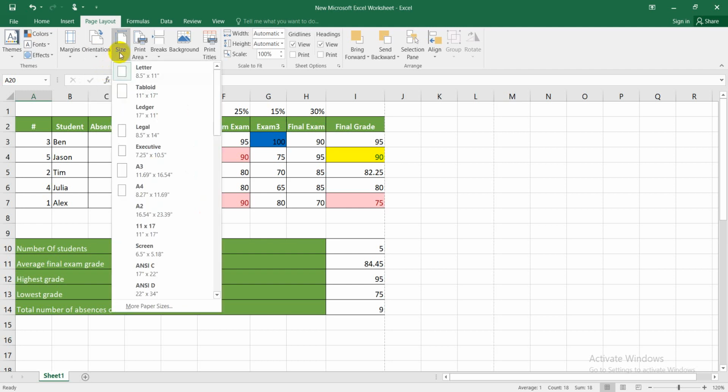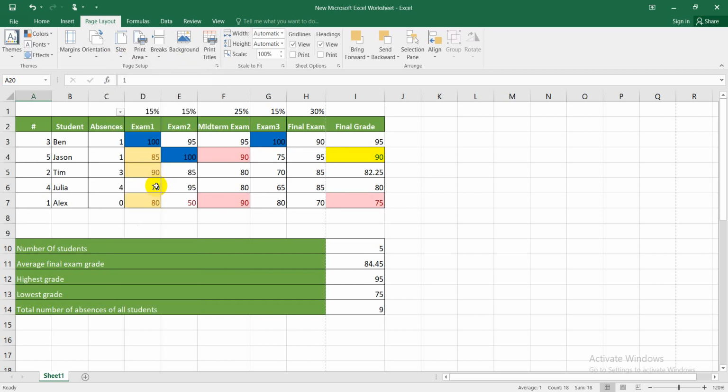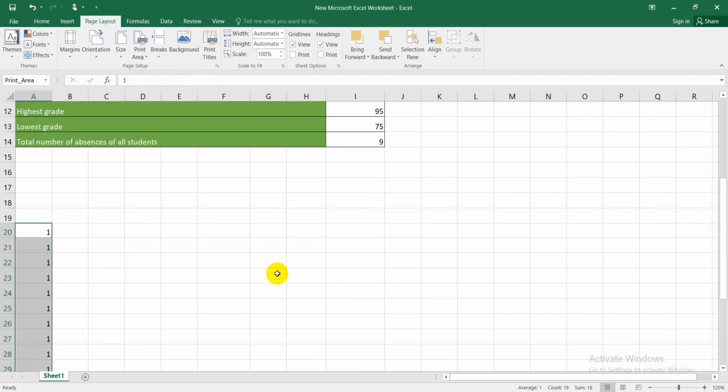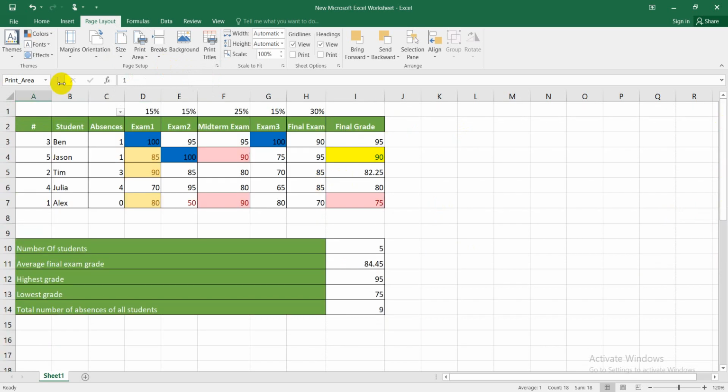Here I can specify the size of the paper. It can be letter or it can be A4 size. Here I can choose an area to print only, for example,